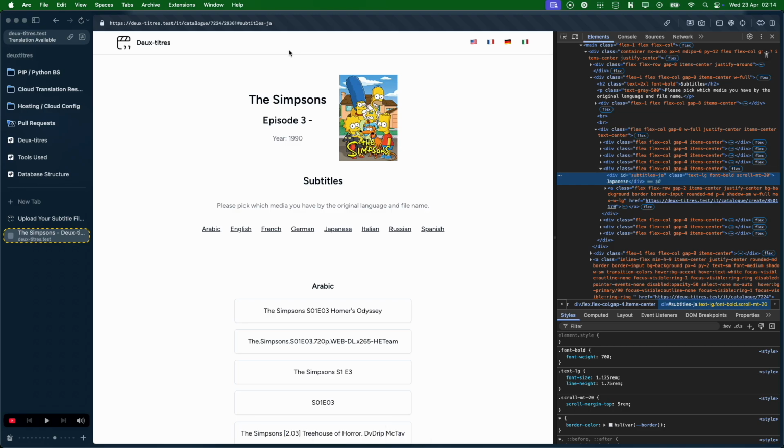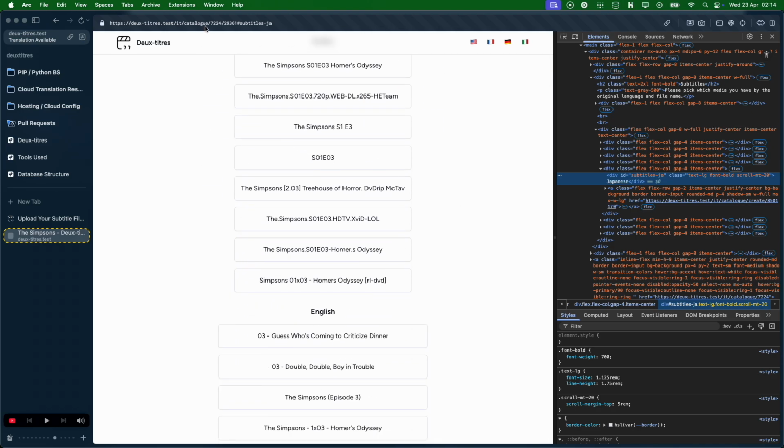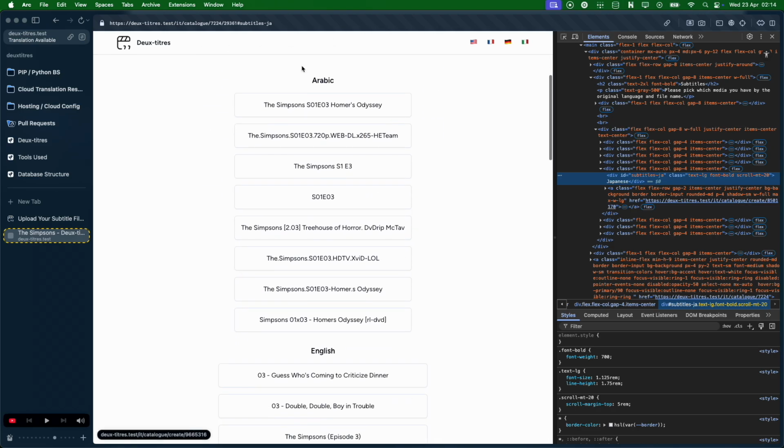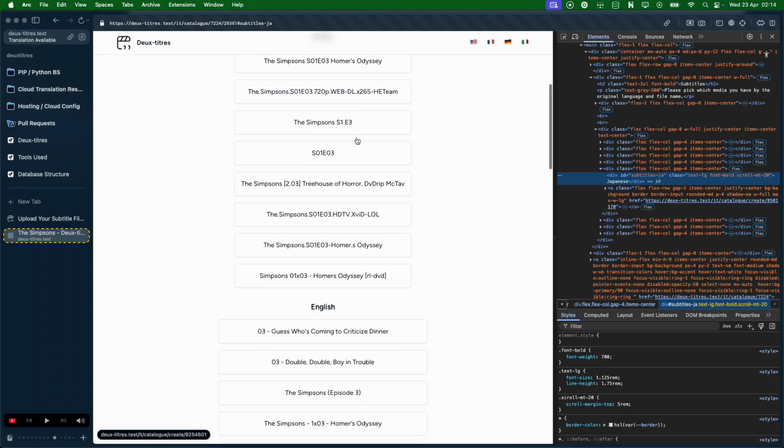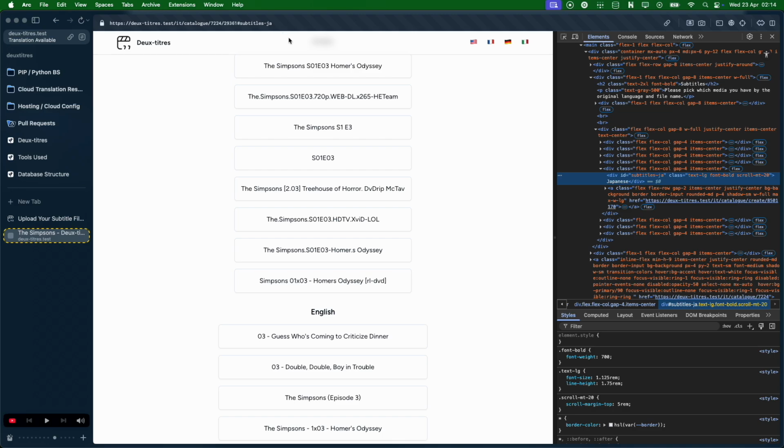Basically, you add a hash and the name of the ID of an element, and it will scroll to that element. But the problem we have is if you scroll to -AR for Arabic, the AR would be underneath the heading because the heading is covering the